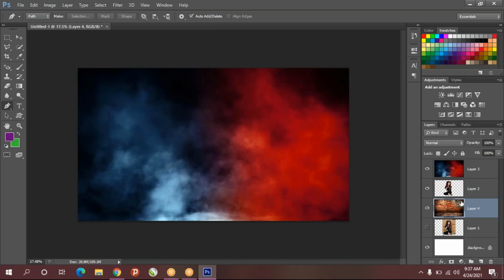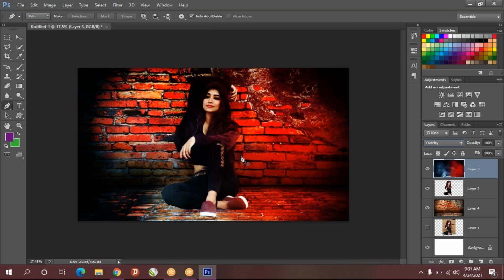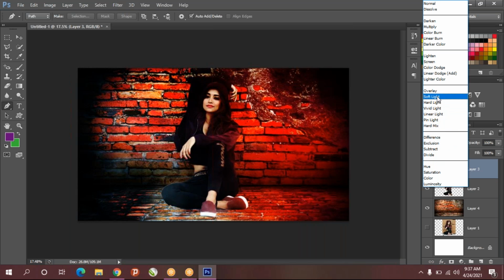Has just arranged this image in the back side. Select this image, go to overlay effect. We'll give soft light.